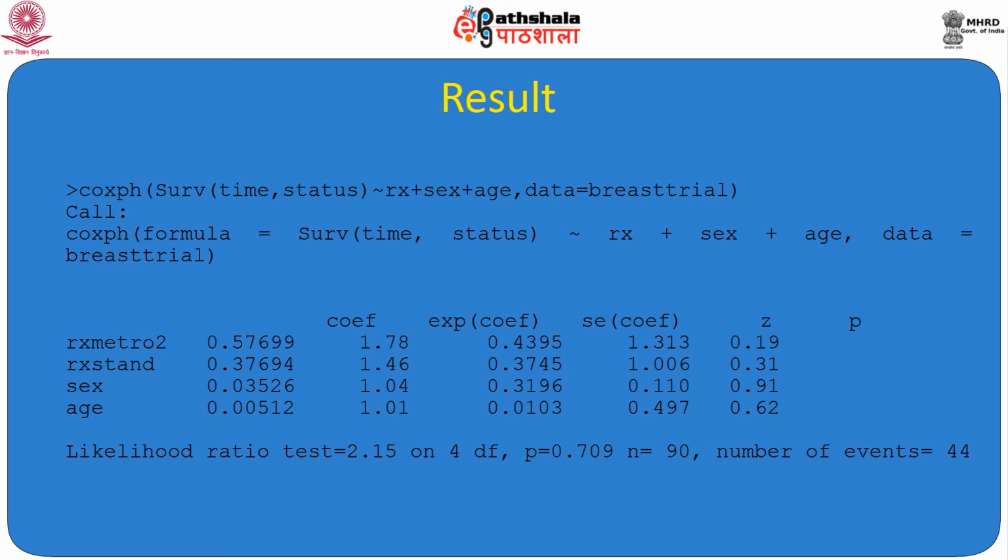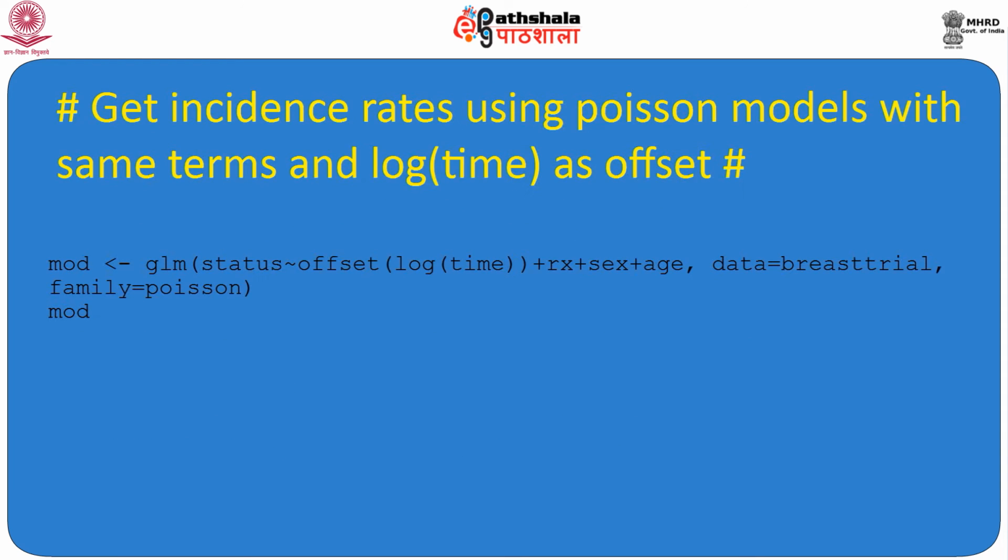Now for the gender case, the exponentiated coefficient is near 1, so male and female both are having equal treatment effect with respect to their survival time, and the patient's age is also having almost 1. So whatever the patient's age is, there is not any survival benefit obtained here. Now we will go to the next slide to get the incidence rate using the Poisson model